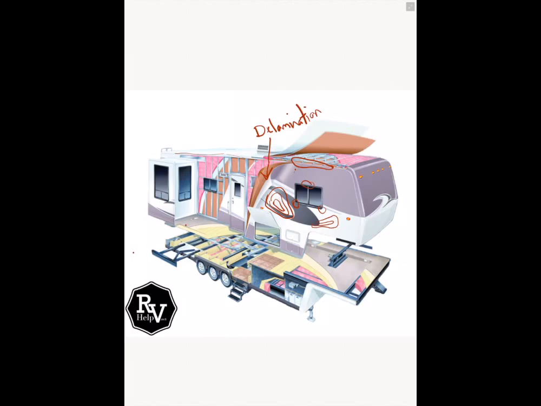Because if you find that the water entry point was here, and it's not very bad at this point, then maybe if you resolve this to where no more water gets in there, it shouldn't get much bigger. But each RV is different, right? But that's what you're worried about, this separation and this delamination, because they would have to actually cut out this whole section right here,